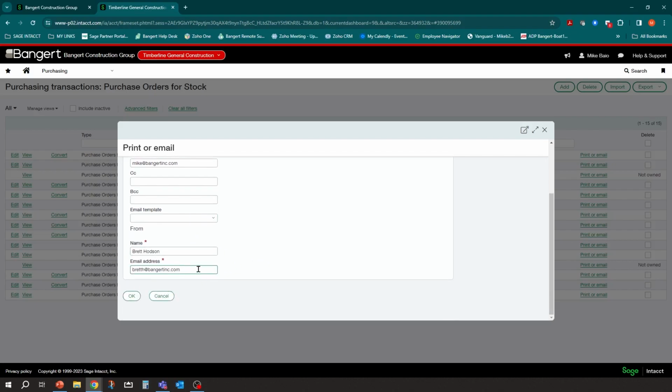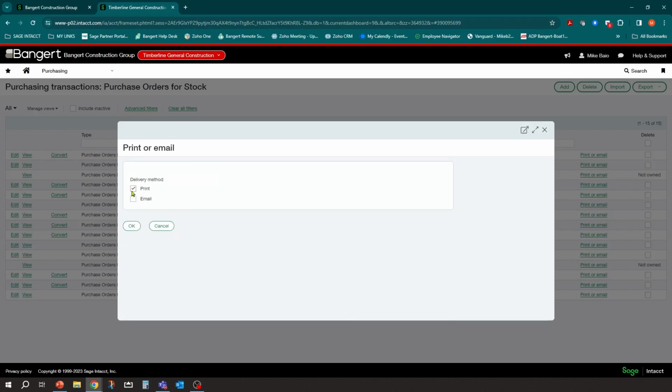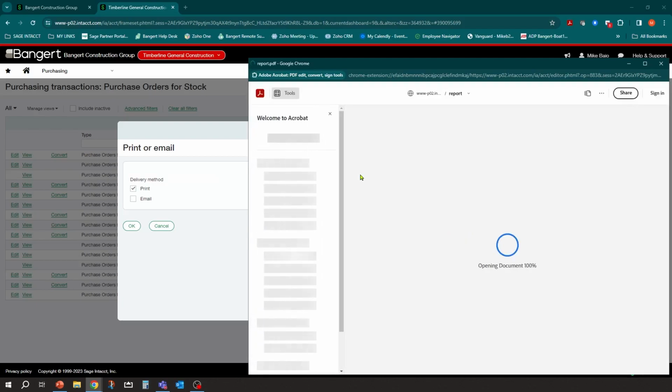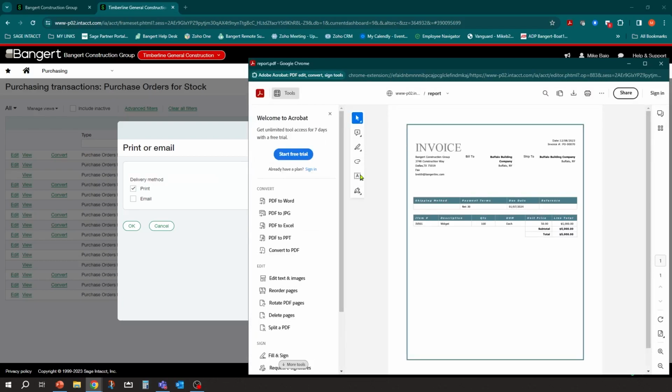Okay. So in this scenario, I'm actually going to say print so we can get a preview of it. And this is based on the transaction definition printed document template that's linked to it. And my demo data has it wrong. It's not an invoice, it's a PO. So these are the kind of things that you want to test to make sure your form's correct and things like that. But it will create a purchase order form for you at that time.